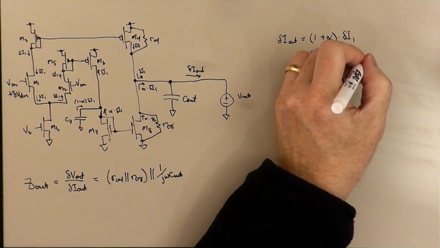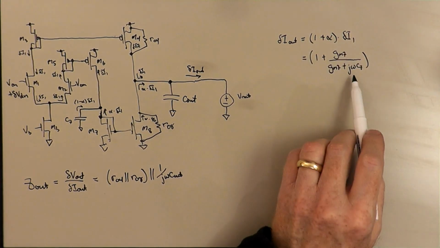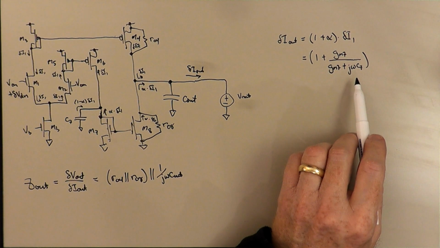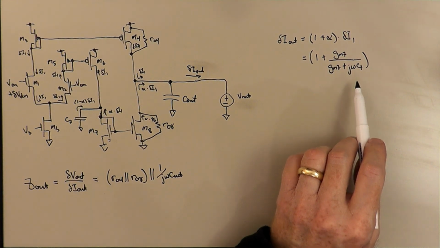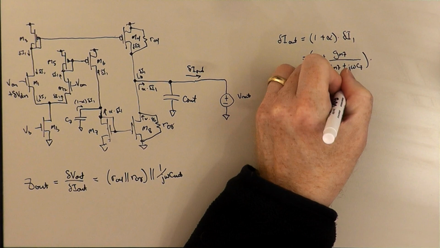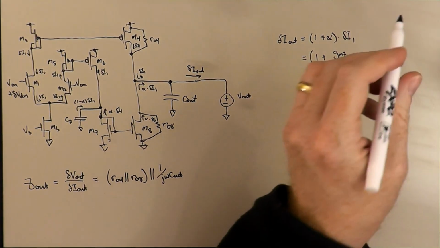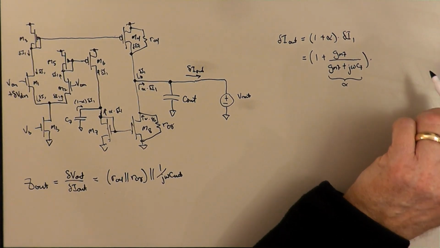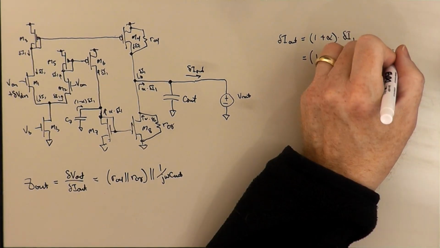Okay, so we have here basically a frequency-dependent current divider ratio. And that's going to give rise to a factor in the frequency response. Okay, so this is still times delta I1, so this here is, if you like, alpha. And the delta I1 is going to be given just by what it was before, GM1